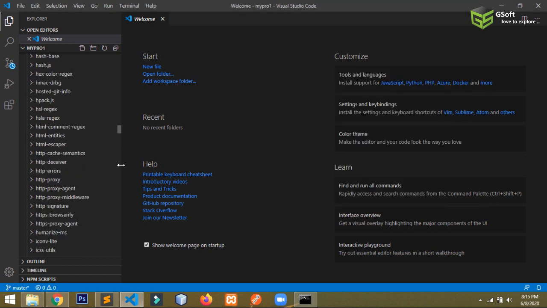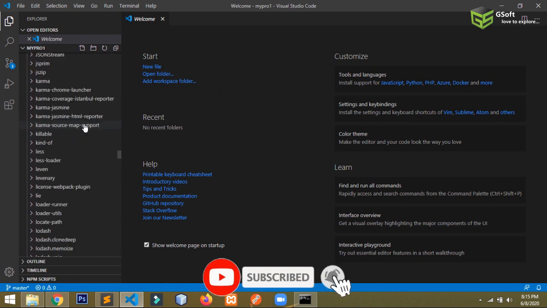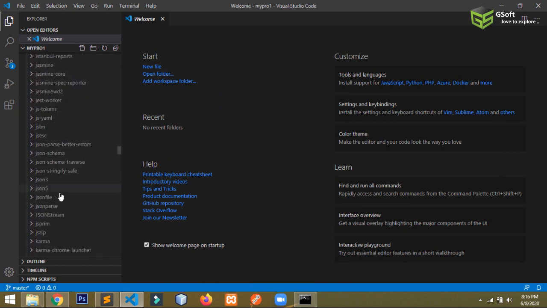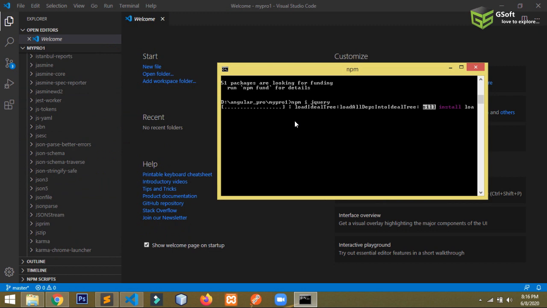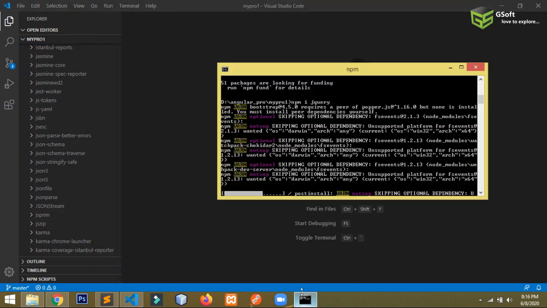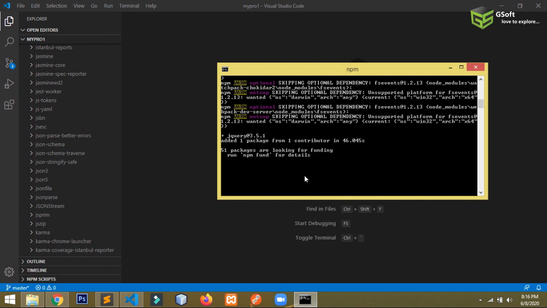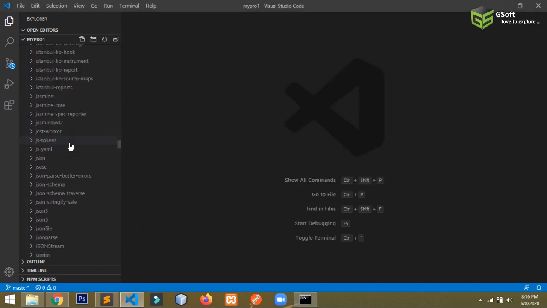So let's go to it. It's installing jQuery, and you will see the jQuery folder added here automatically. So jQuery has been installed successfully, you can check here.